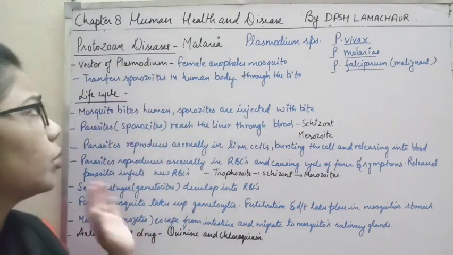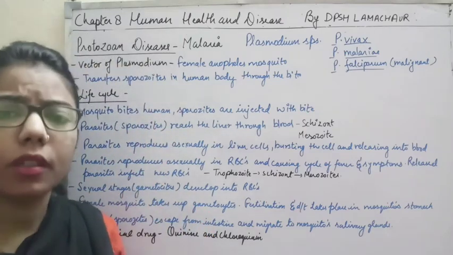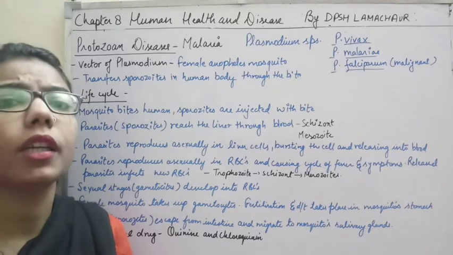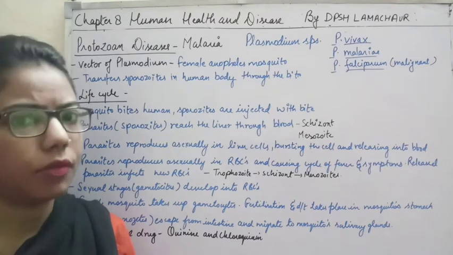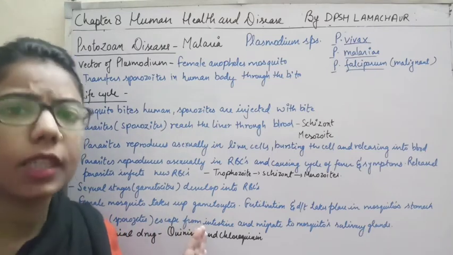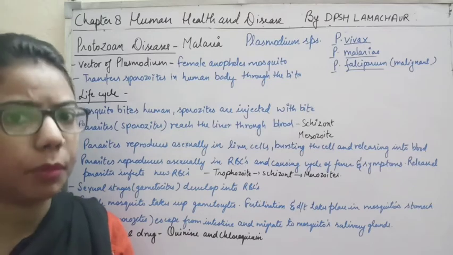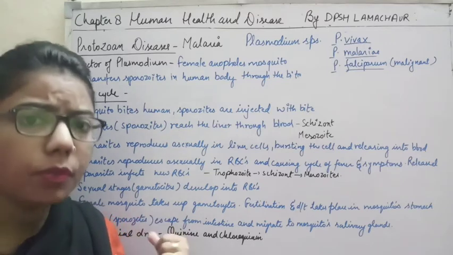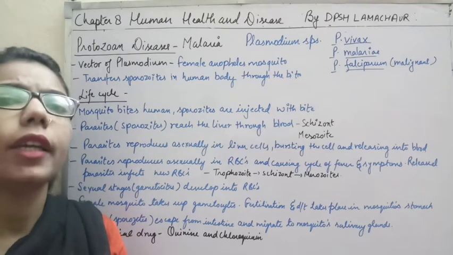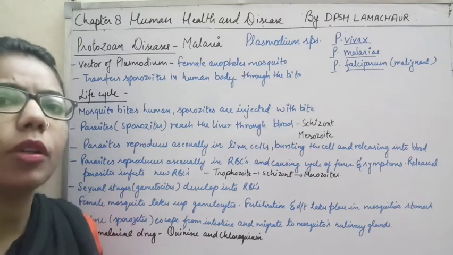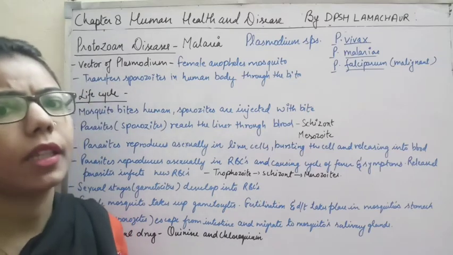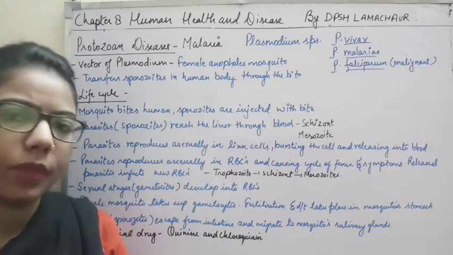So students, in this chapter, in the previous session we were discussing the disease, something related to discomfort, and we did the classification of diseases, how many types of disease there can be. The first part we discussed was communicable or infectious diseases, which can spread from one person to another, maybe directly or indirectly, right?